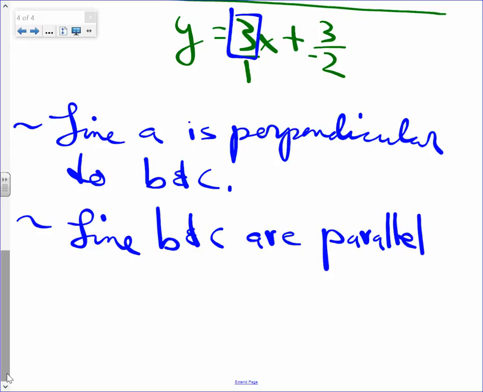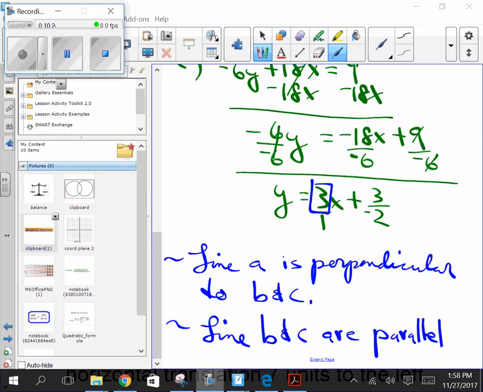Same slope is parallel. Negative reciprocals are perpendicular. We have 20 good minutes. Make use of our time. Check your grade first because all the grades are